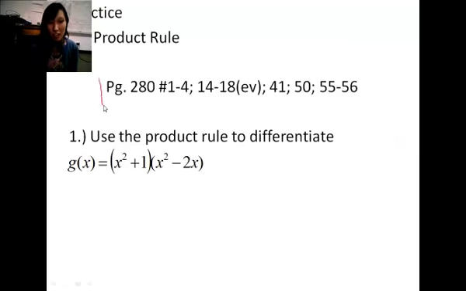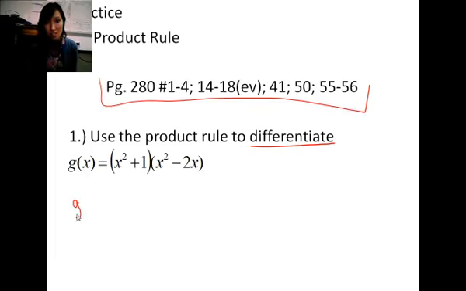Alright, so here are your problems. Using the product rule, you're going to be doing these. And just a quick another example, this is one of your problem 1, use the product rule to differentiate. So again, differentiate just is the process, use the process to find the derivative. So here I go. I'm going to say the derivative of this function, notated with that prime symbol, and I'm going to go ahead and say leave the first function alone, times the derivative of the second,